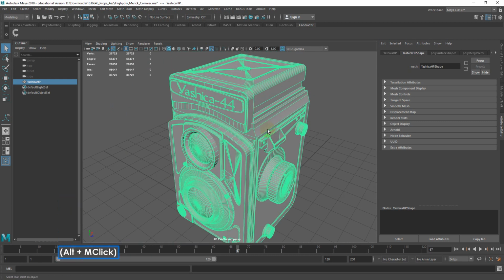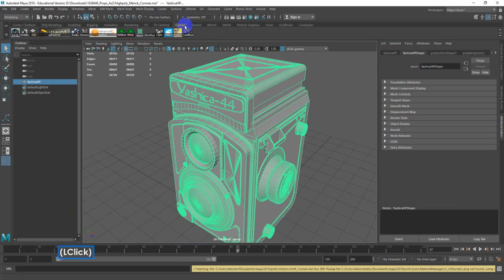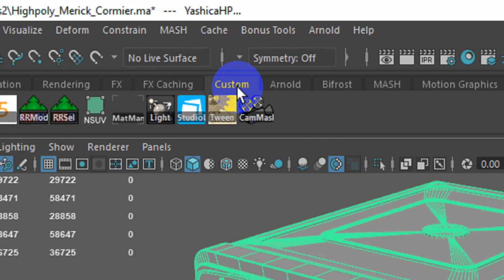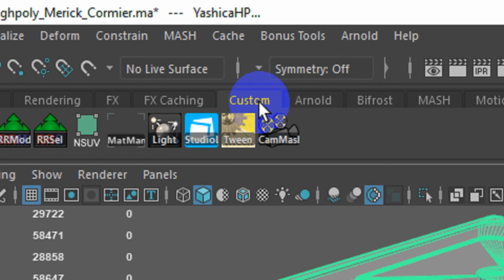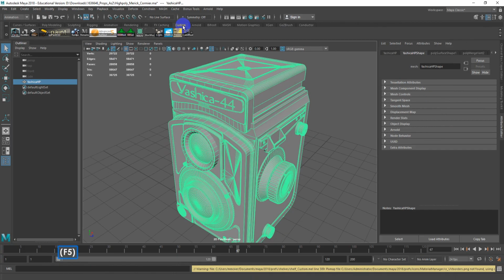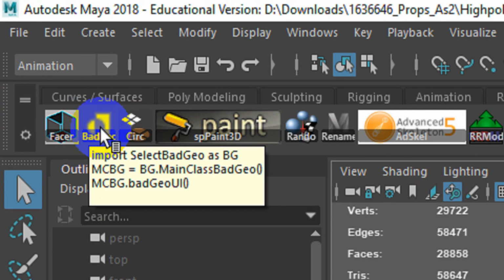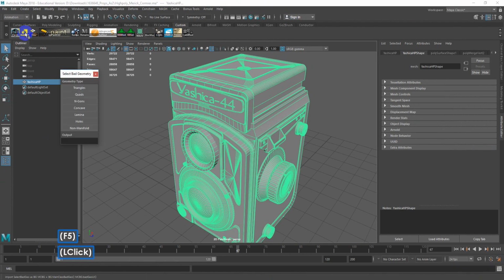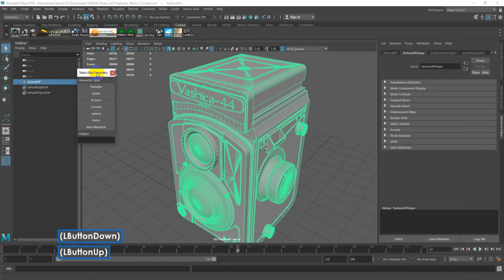I've got another tool as well, so if you're trying to hunt for these problems, I've installed this tool under the custom tab. In this new setup, the Dawson tab that I had on the shelf is now called custom, and I've got a little button over here called Bad Geo. So this is a script you can download for free online. I'll show you where to get that in a minute, but